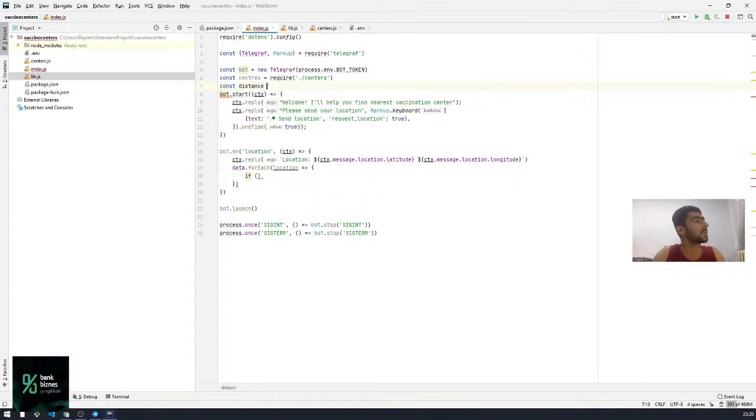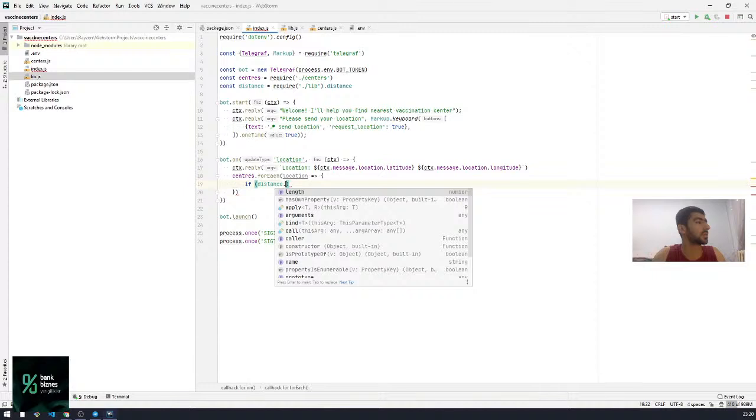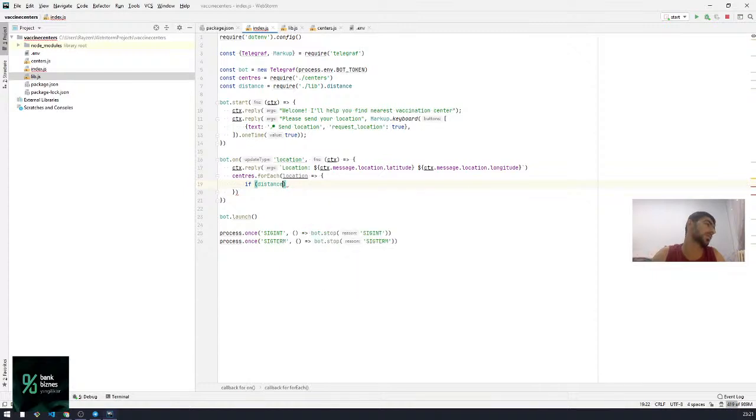Here is require library distance. We'll call the distance method of data centers. Distance first is